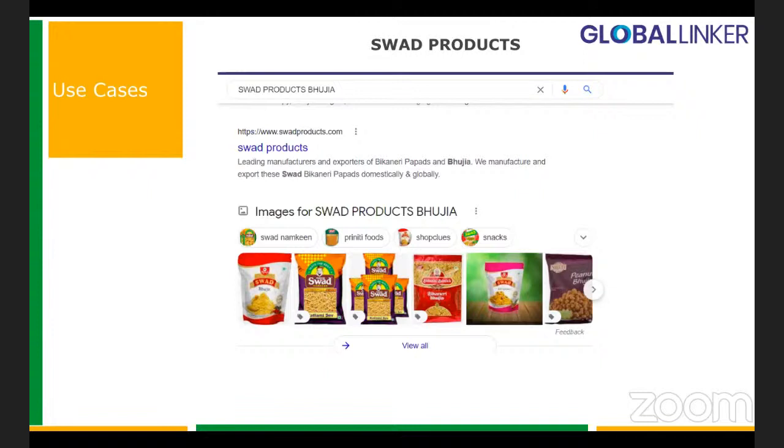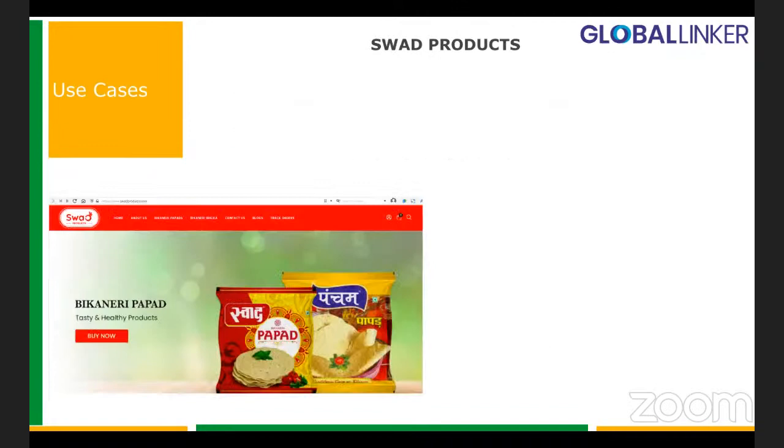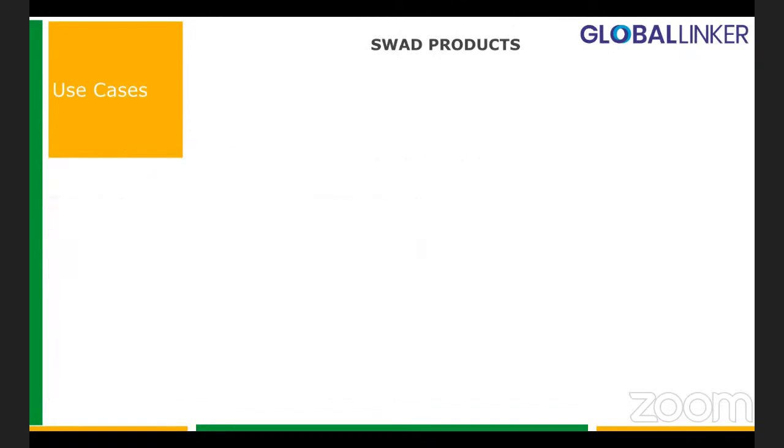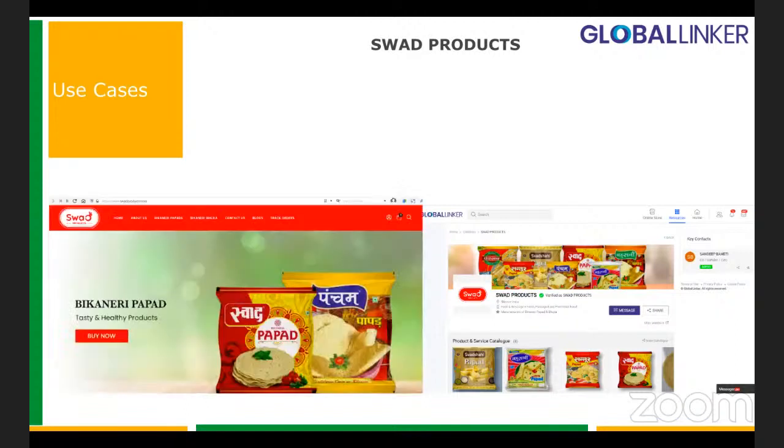But one of the things they wanted was to get more distributors across the country. Because they were online, some distributor happened to visit their store, and they started getting several distributor requests. And now, apart from being only present in Bikaner, they've gone national pretty quickly because they've started building a distributor network as well. So this was one of the benefits of being present digitally, one of the best use cases we wanted to put across to you on the power of being online.